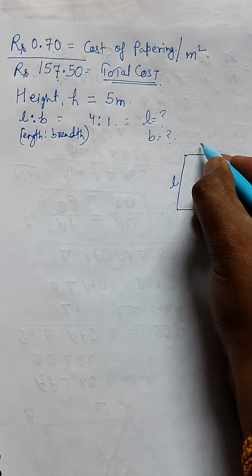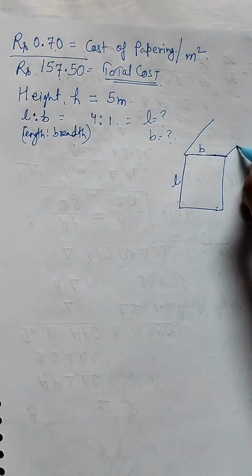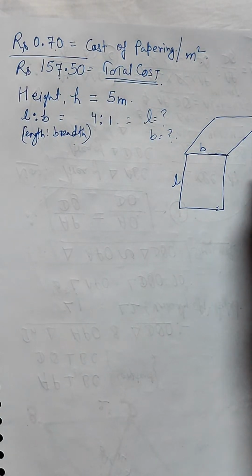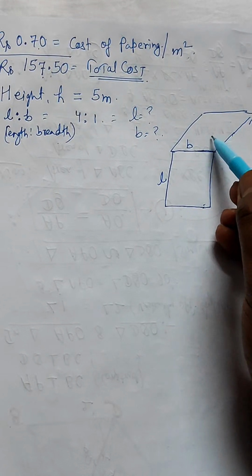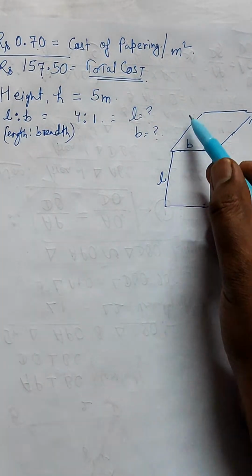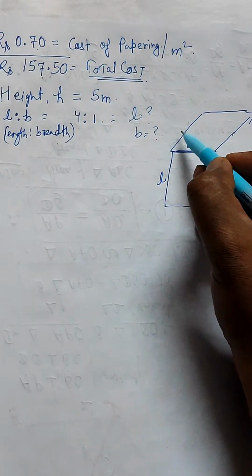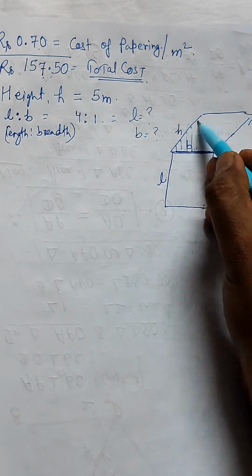Okay, this is length and this is breadth, and the wall just stands up like this, right? So when you are pasting the wallpaper on this portion of the wall, what is the dimension of this wall? One side its breadth and one side its height. So B into H will be here,